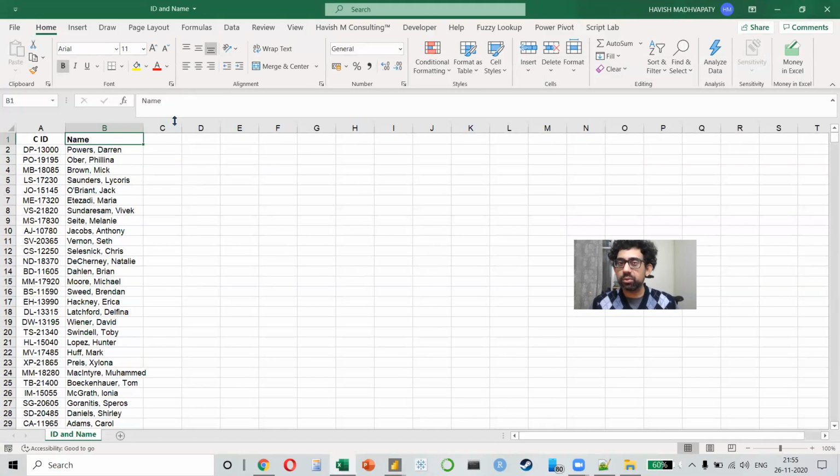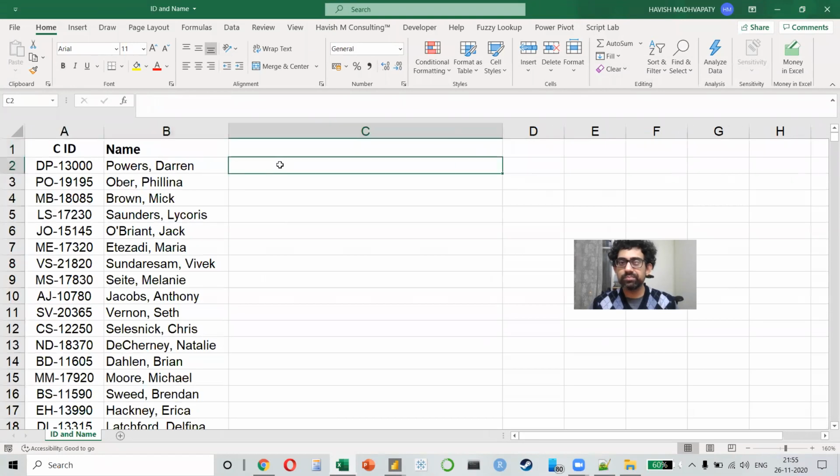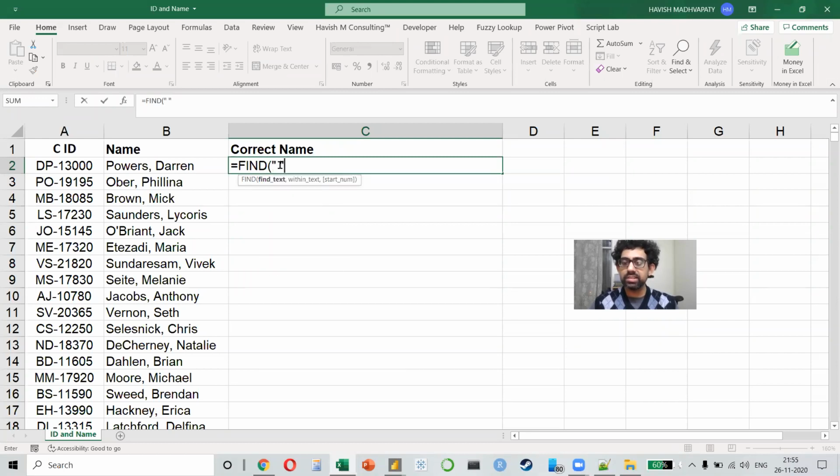In Excel, there are 2 ways of doing this. One is to write a formula, which is, this is my correct name. So I'm writing equal to, please watch, find a space in B2. What does it give me? 8. 8 means the position of that space is 8.